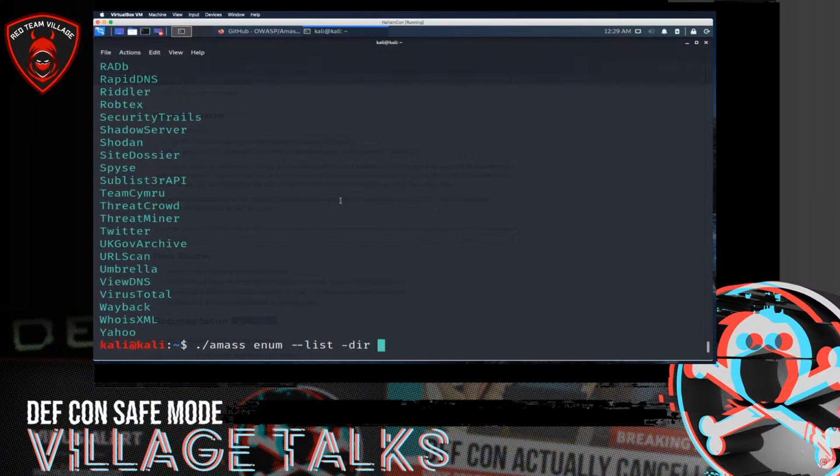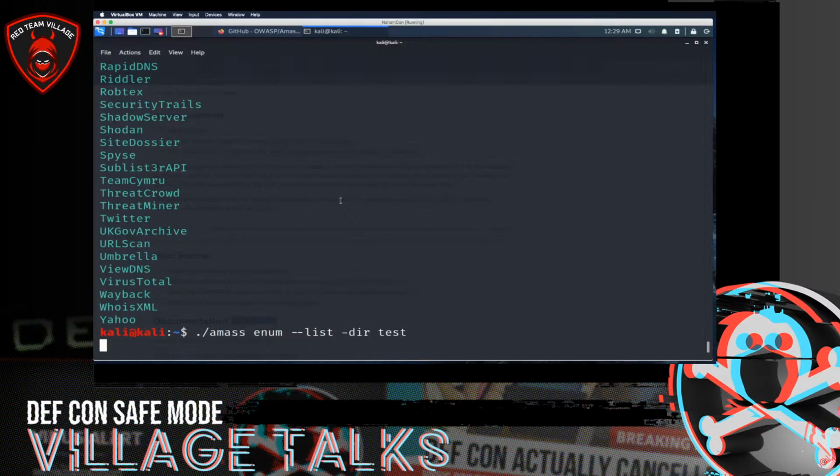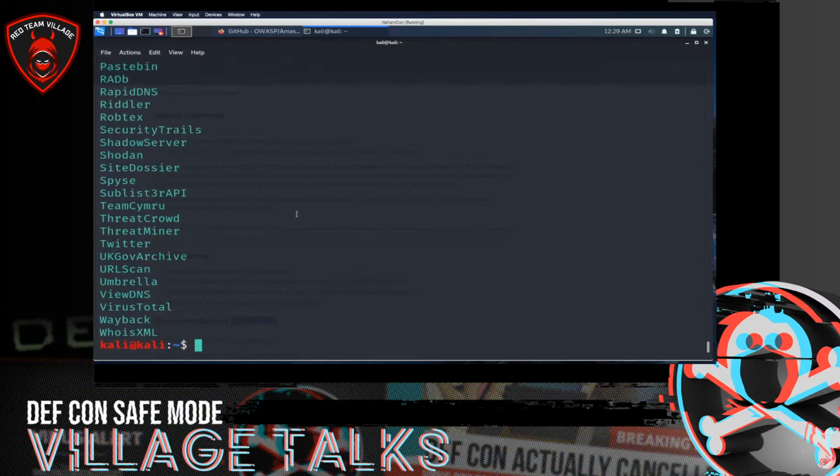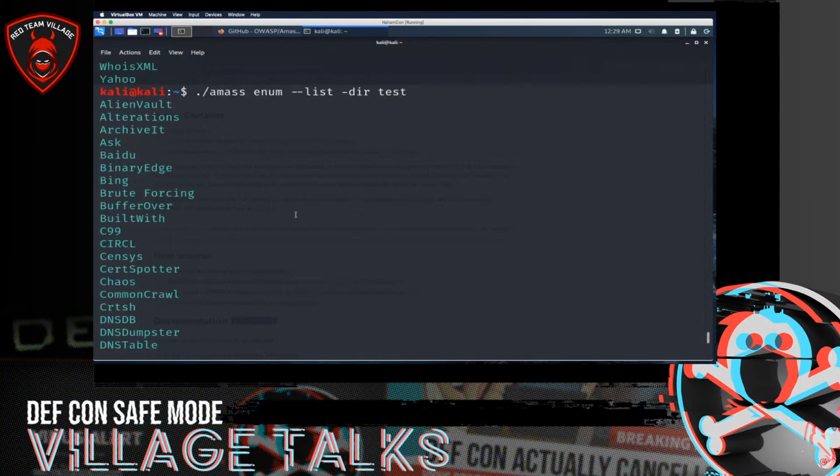If we're specifying a different directory, let's see if it included... well, it didn't. I was going to say it should include asset finder, but I have a feeling in the next release it will. But either way, it prints out the list of